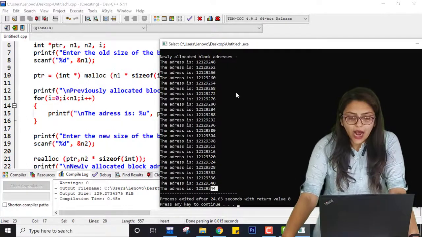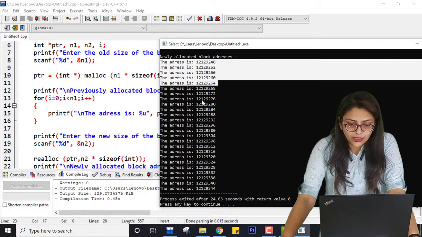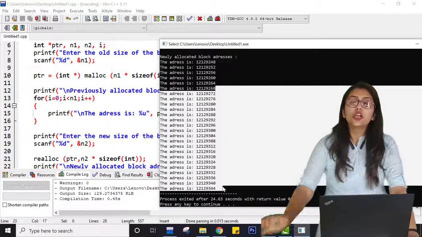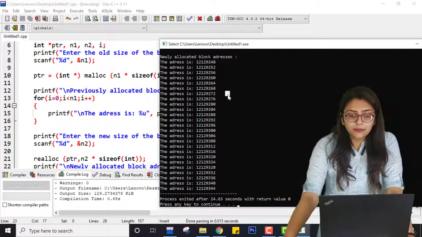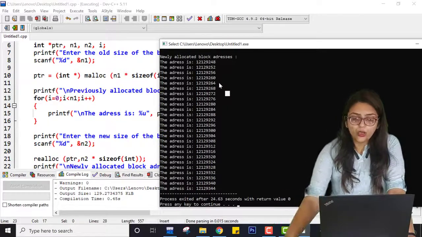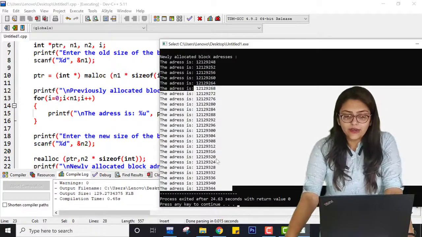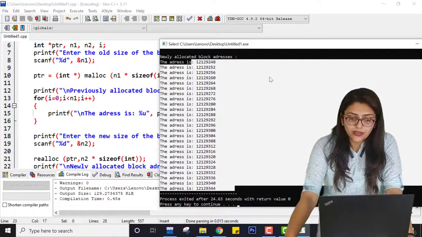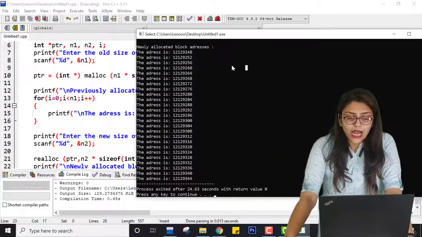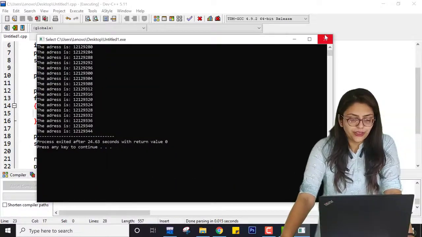So here what happened is, after this 64 in my system there exists some free space, so it is just continuously allocating that. If in case my system does not contain the space to hold this many elements, it may happen that in your case it gives different addresses, starting from some random number up to this, which can hold up to 25 elements. So this is the result. You can see now it is holding up to this many numbers.